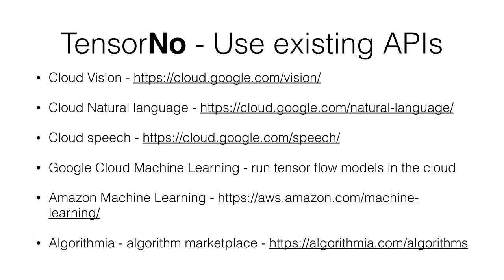You can send it data sets and it'll learn how to fit them, a bit like that demo I did a bit earlier. And one very interesting startup is called Algorithmia. It's an algorithm marketplace. So if you're looking for an algorithm to do a particular thing, say, I don't know, read the text off a business card and parse it, there'll be a bunch of them that people have invented that are hosted on the cloud, and you can purchase them and make use of them in a hosted environment.